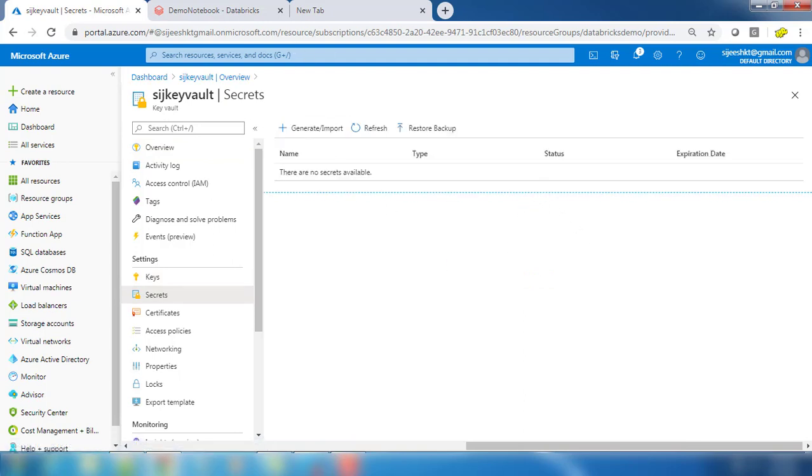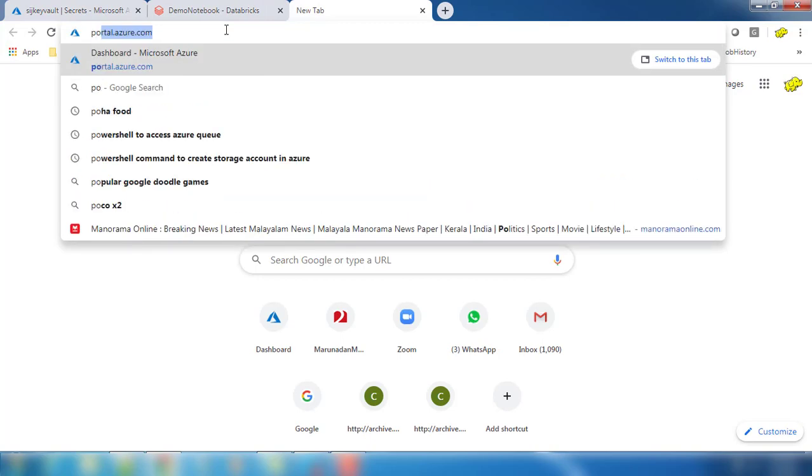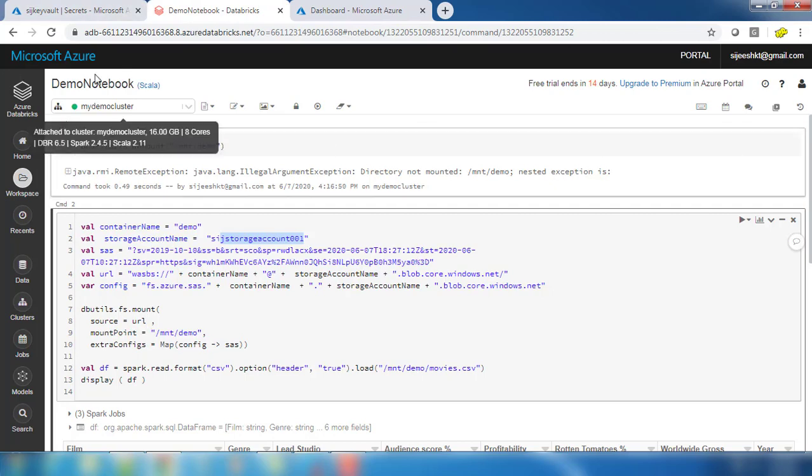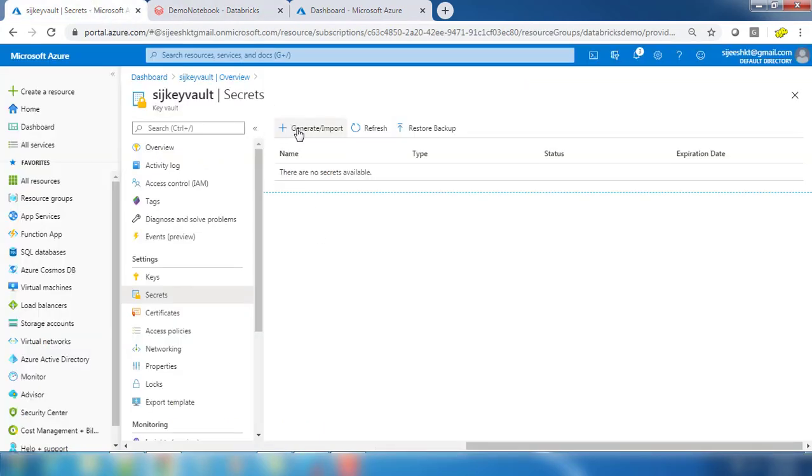Let me open one more console so that I can store the values. Basically I'm going to store the container name, storage account name and my SAS token.